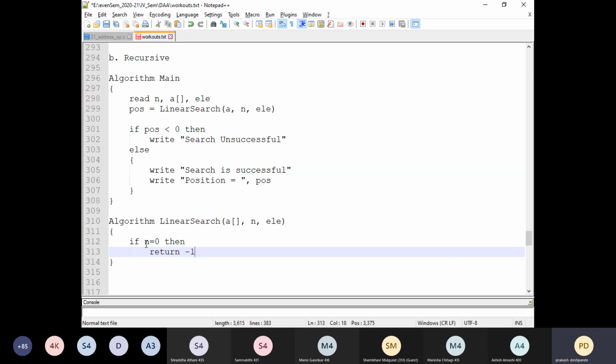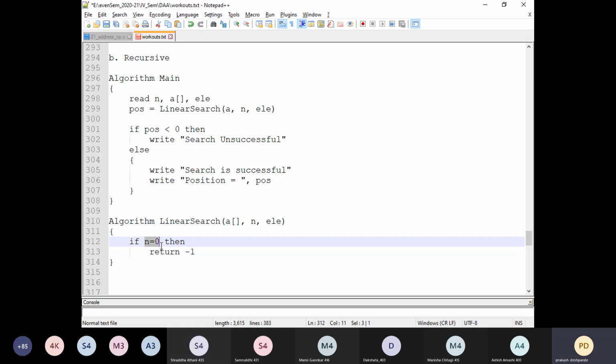Now just understand why we have written n equals 0 here. Tell me, what does this variable n contain? Total number of elements. So if the total number of elements is 0, is it possible for us to find any element in that?